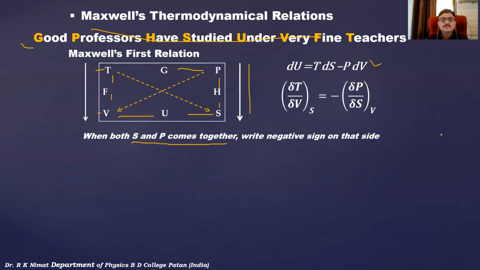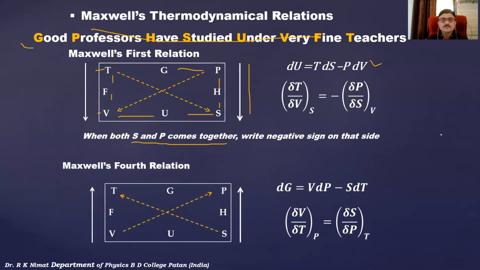Now, how is the Maxwell's second, sorry, fourth thermodynamic relation derived? So all you have to do is take this arrow in the upward direction. Since the arrow is in the upward direction, you have to change the diagonal arrows. Means now we have to draw the diagonal arrows from V to P and from S to T, and easily you can write the equation as variation of delta V with respect to delta T, at constant P is equal to variation of delta S with respect to delta P